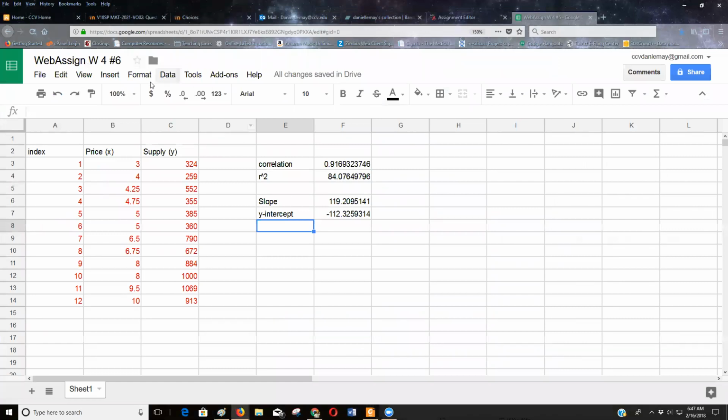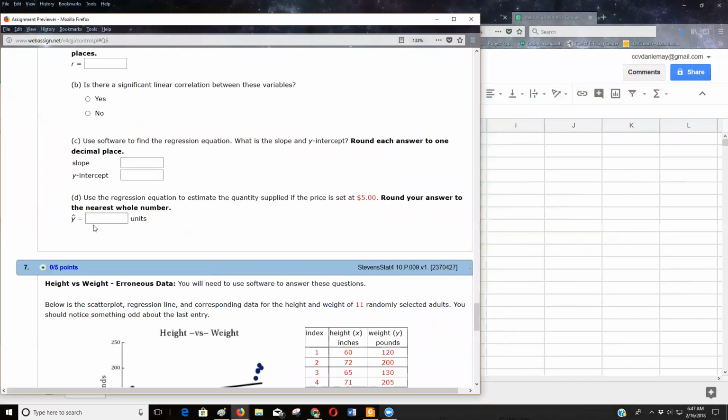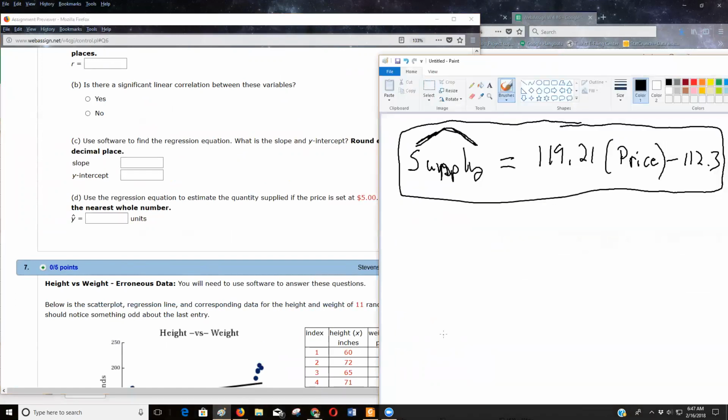So let's see. And then what's the last part they want us to do in this? Where's my WebAssign work? Then we need to do a prediction. So what you're going to do is you can drop it in. You're going to substitute in 5 for your equation. So if I go back to my board here, I can get my equation by saying